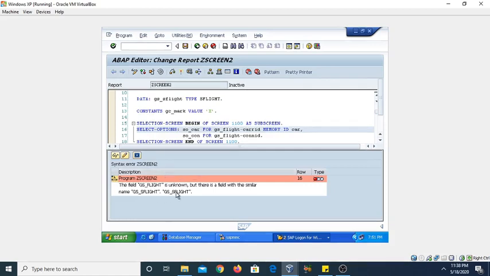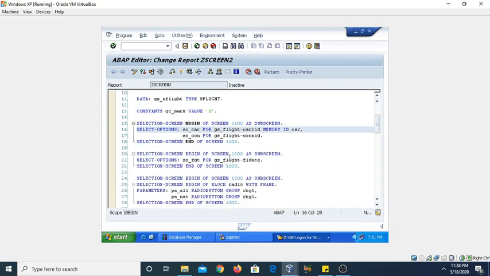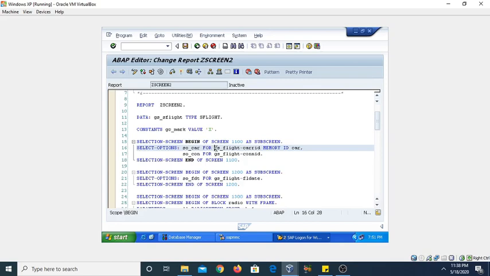You can see an error is showing: the field GS underscore flight is unknown, but there is a field with a similar name GS underscore S flight. So we can change it here, because we have taken the data object, the work area, as GS underscore S flight. So we need to use GS underscore S flight.